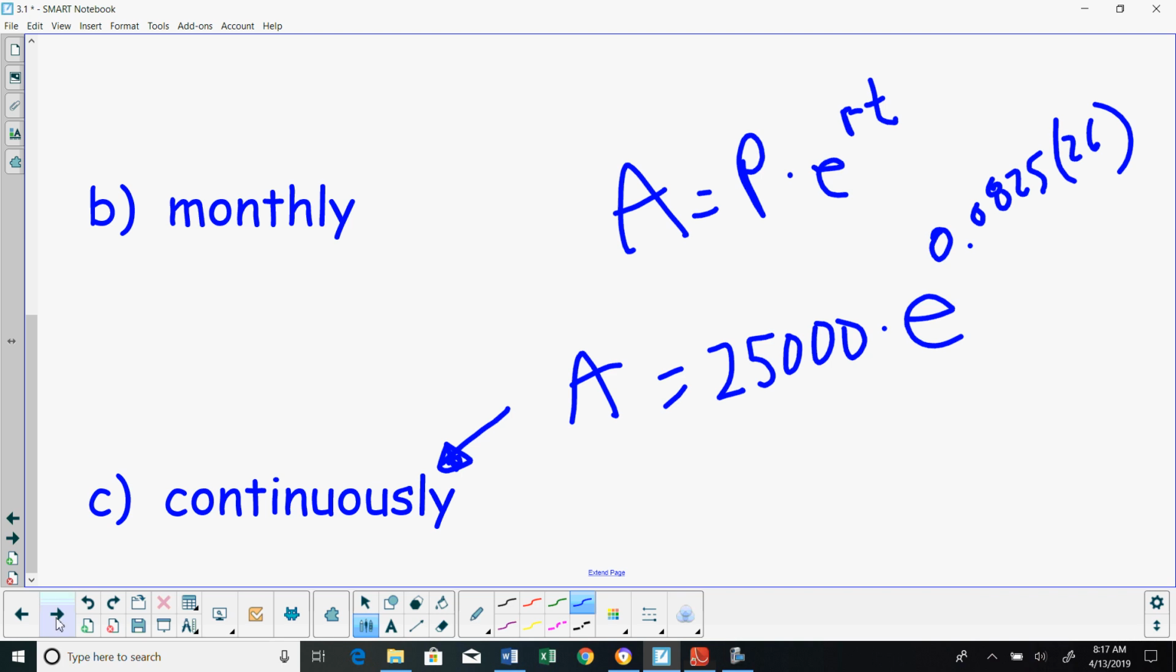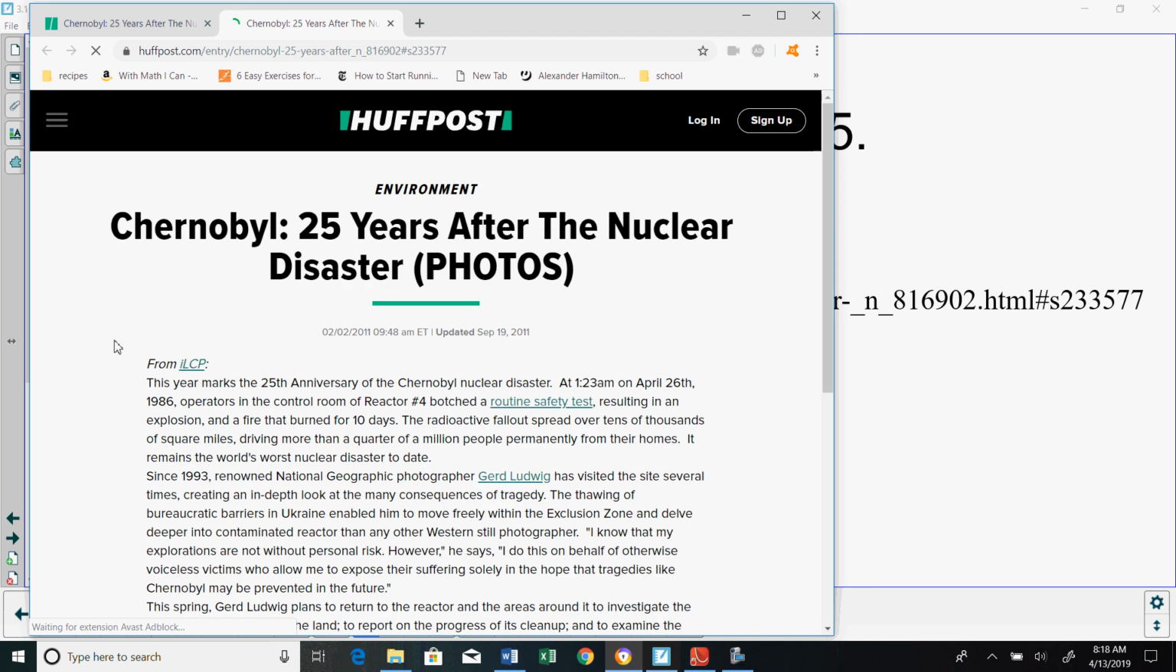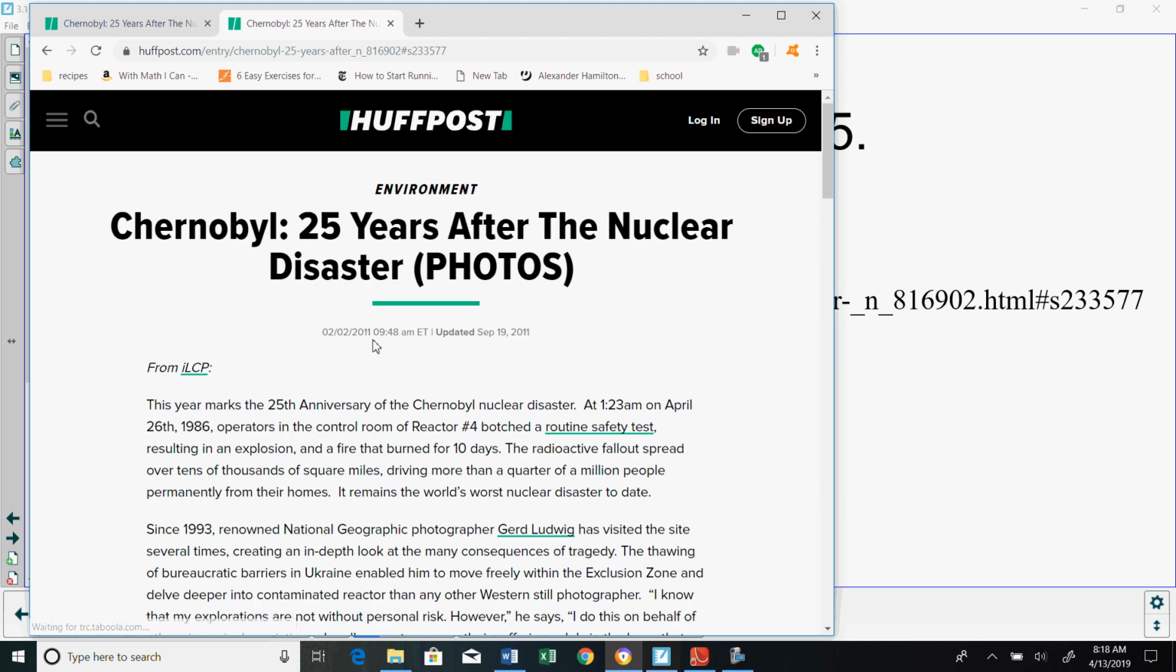And let's go on to this next example. So in your book, and I really encourage you to look at page 205 in your book, they have example 9, all about Chernobyl. If you know anything about Chernobyl, there was a nuclear power plant called Chernobyl, in an area of Russia, the Soviet Union at the time. And so let's take a look at some of the